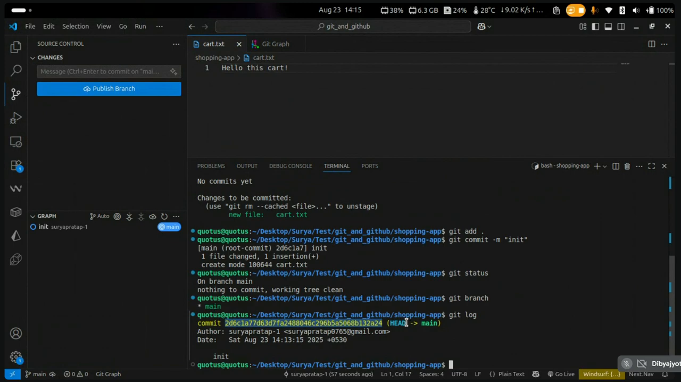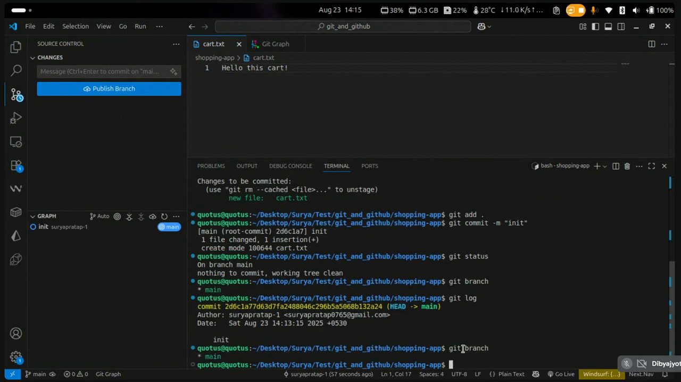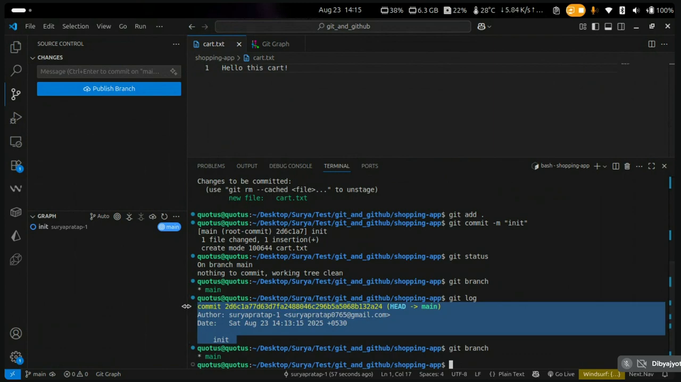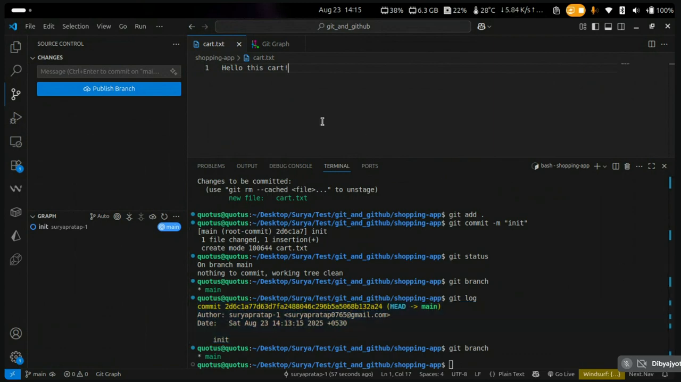And what is this HEAD, you might ask. HEAD is actually the current branch, and we are in the main branch. So in this main branch, HEAD points to the latest commit that has been made. Now the latest message is init. Let's say I will add one more line. This is the second